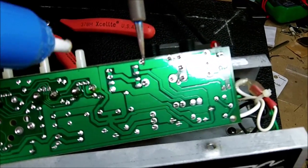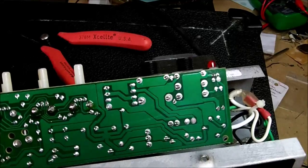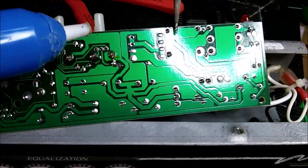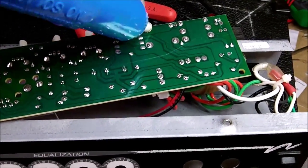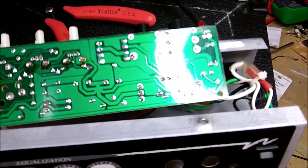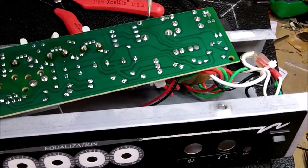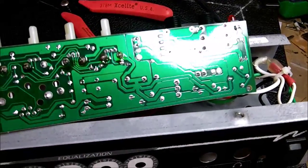So we got our solder station here. Hopefully it's hot enough. May not be completely warm yet. Whoops. Edit that out. Heat up each of these points one at a time. Pull the solder out of them. And see if the jack will pry out of there,